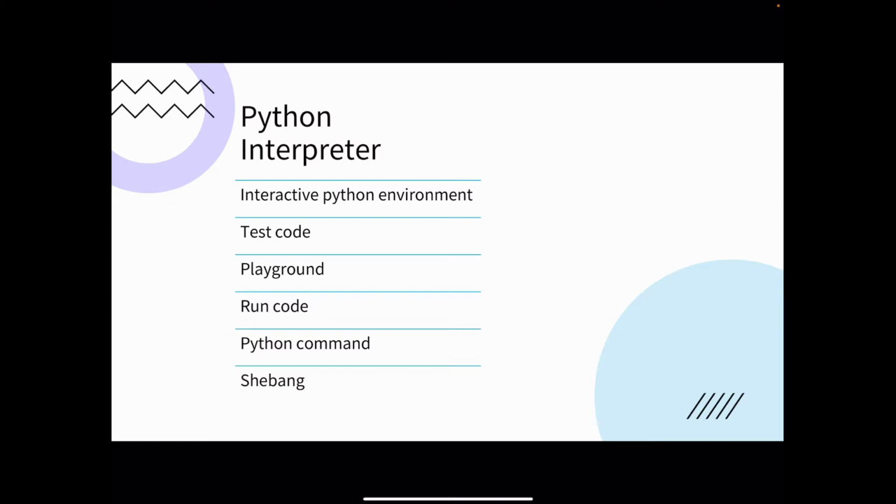Your shebang, if you're not familiar with what a shebang is, that's the pound and the exclamation point and then a path to your Python. So with the Python interpreter, we enter it by just throwing in the Python command. So the command is just Python 3. You'll learn that once we actually start to create virtual environments, that it accepts just the regular Python code, because